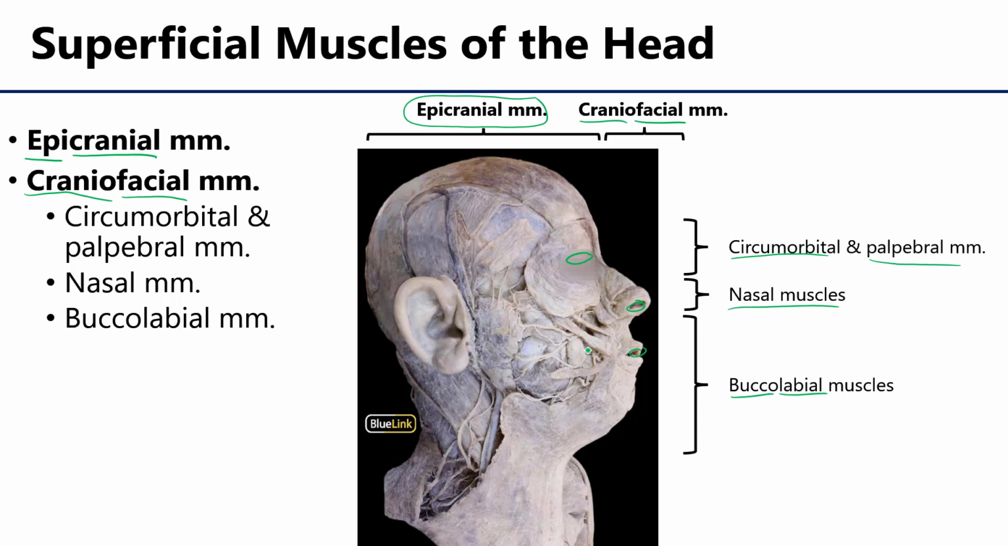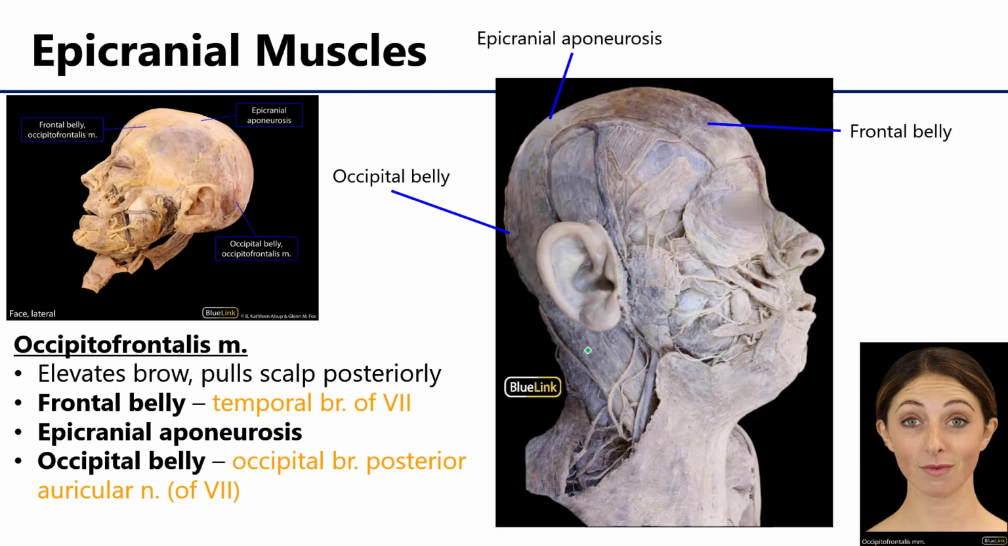oral fissure. So let's take a look at these groups, see where they are, see how to identify the muscles, and discuss their actions and their innervations. So let's start with the epicranial muscles. There is one major epicranial muscle that we'll be focusing on in this video, and that is the